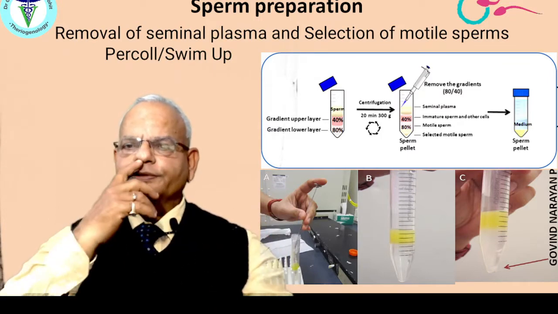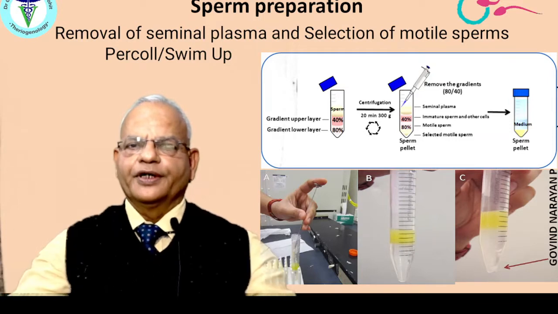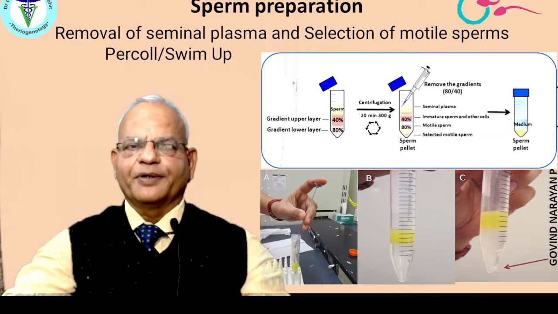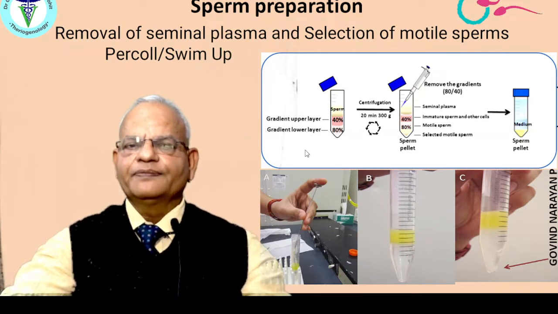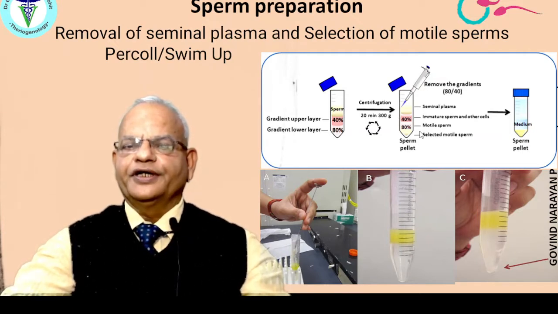So, there are two approaches. The most common approach for most domestic animal species is the Percoll gradient separation, although it is not good for a few species, but usually Percoll gradient separation is being used. What is being done? The 90% Percoll and 45% Percoll, or maybe some labs are using 80% and 40% Percoll, and you can see here a semen straw is emptied over here, and then it is centrifuged,